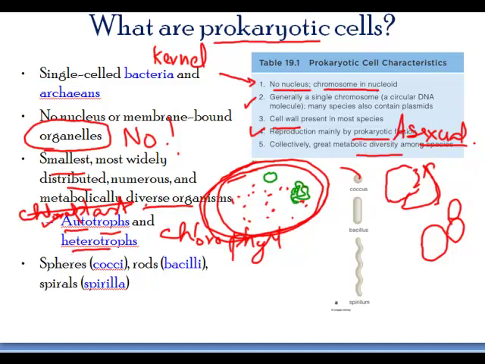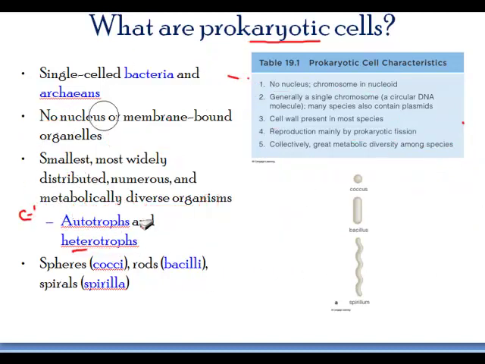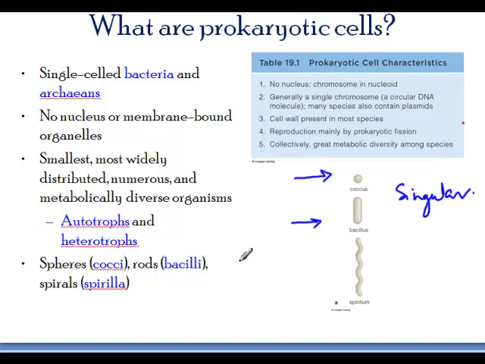Now these cells, I'm going to clean up this thing. It looks like a big mess I made over here. Now these cells can be present in three different shapes. The ones that are circular and round are called coccus. Plural is cocci. The ones that are rod shaped are the bacillus. So these are all singular. And these names are plural, bacilli, and the last one is spiral or spirillum. And just as the name tells you, it is spirally shaped with a twisted shape.